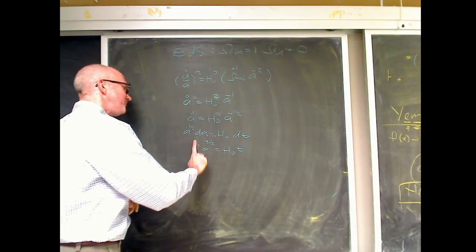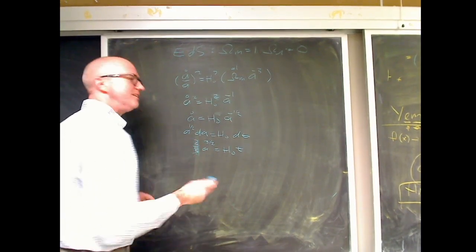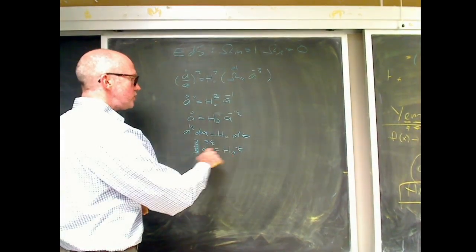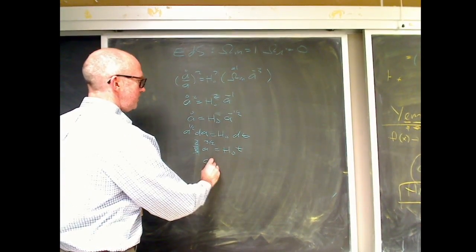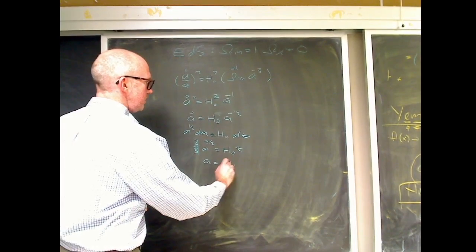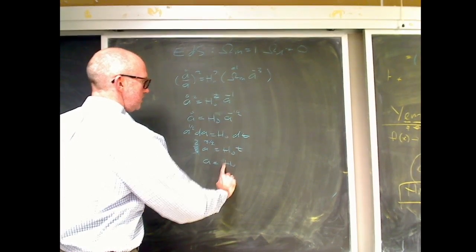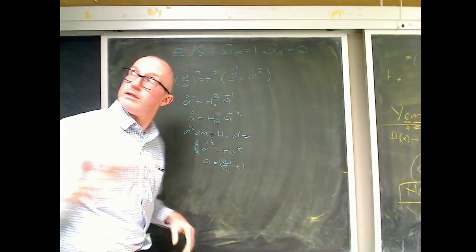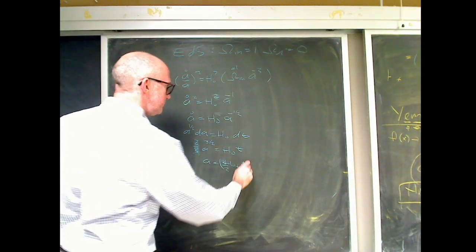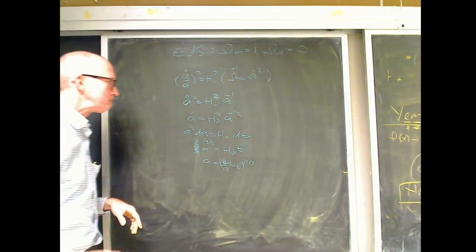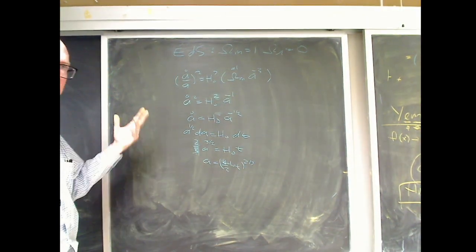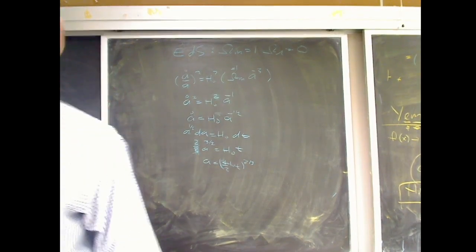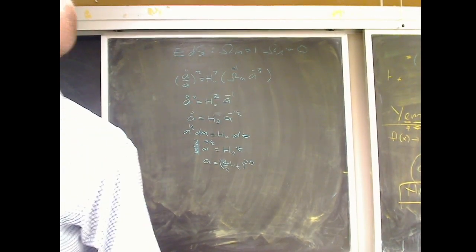Two-thirds. Two-thirds, I know how to do that. So the 2/3 goes over there and the 3/2, and you're left with A equals 3/2 H naught T to the 2/3. Are we happy? So the next one says do the same thing, but show that it goes like the square